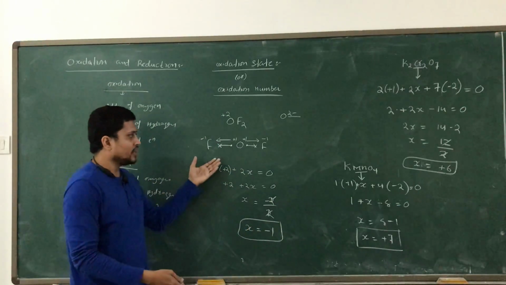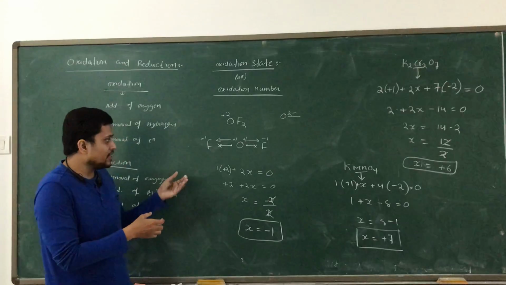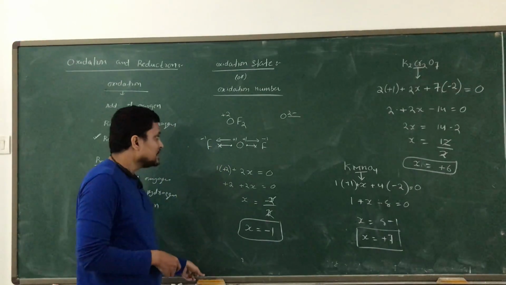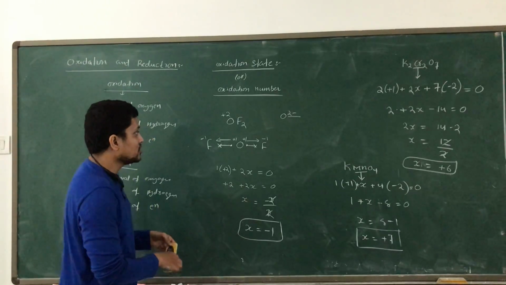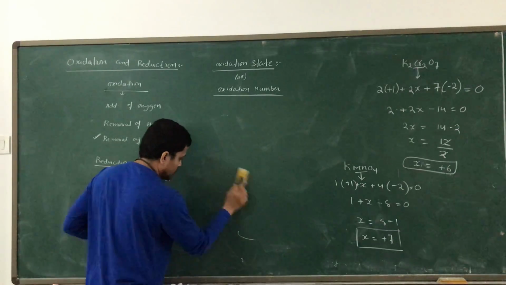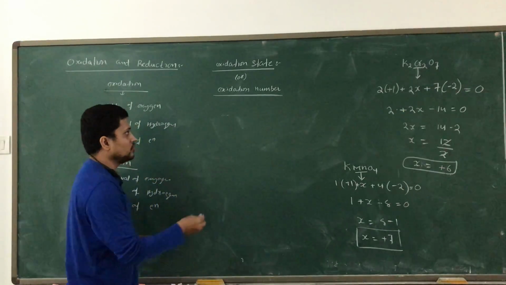The same way we can go for any other element also. So some elements like this will also come, you must understand. One more I will show. In the same way we have one more example for oxygen, where oxygen is going to show minus 1 as well. I will show that. Like we have this example.